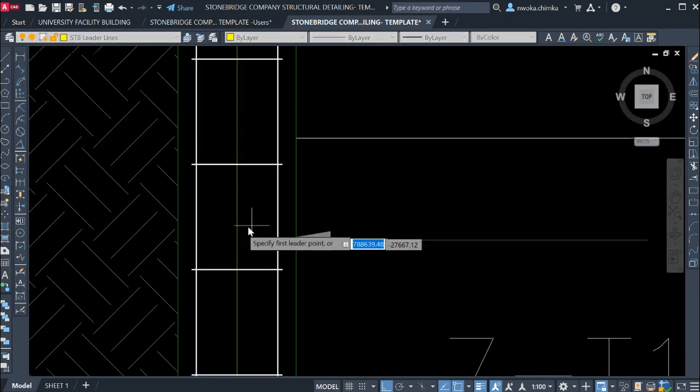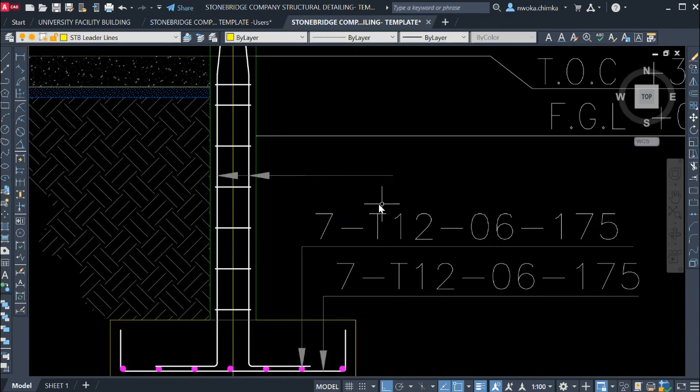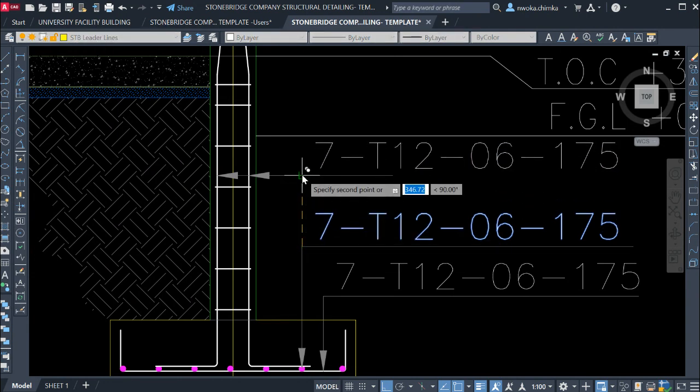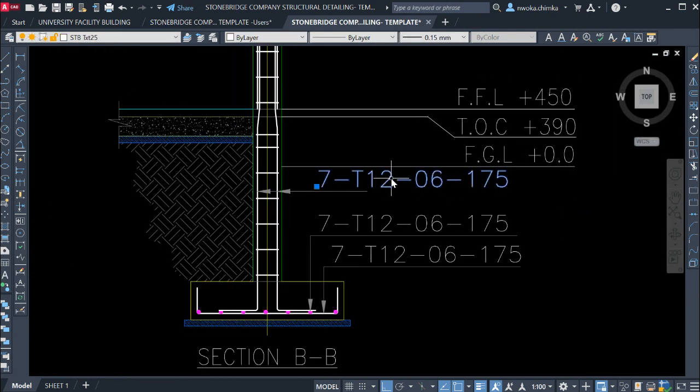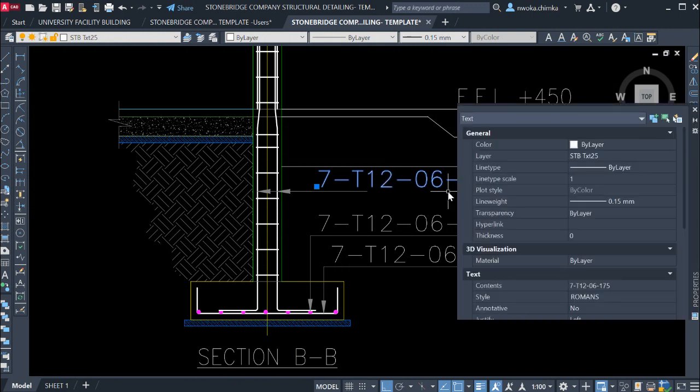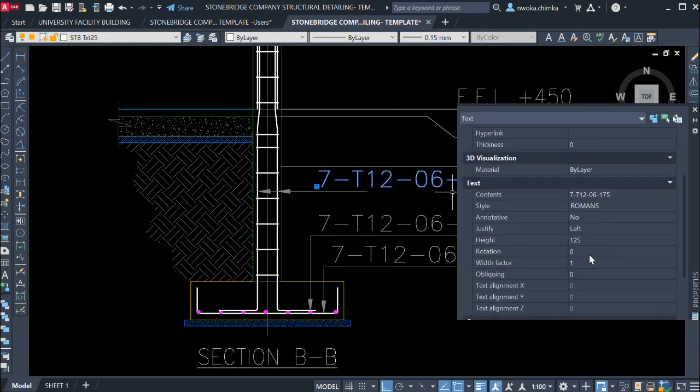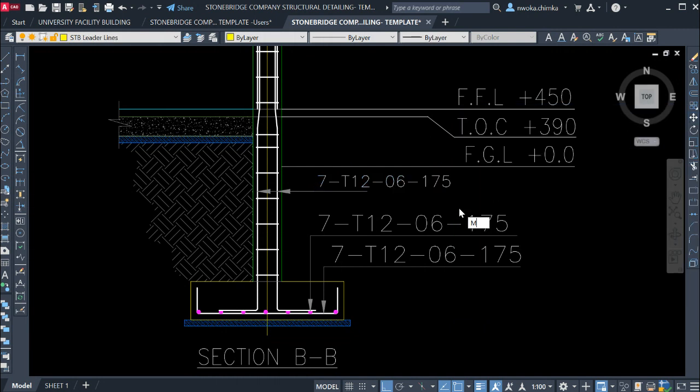So I'll do it again on this part, click here and point this out also, and keep it here. Then I can copy this and put it here. You can see that it is too big, so I have to click on this, CH enter, and then change my text height to 87.5. Enter, and then I'll do match properties